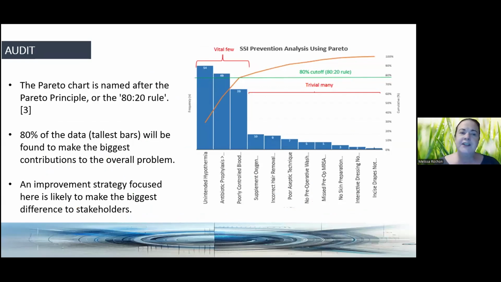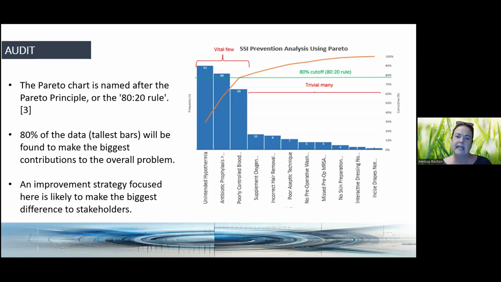And one way to, when I sort of glibly say, look at your data and then identify an area for improvement, is to use something like the Pareto chart or principle. And this uses an 80-20 rule. And what it suggests is that you might have compliance issues across all of your bundle elements, but there will be the vital few actually where your compliance is low, and that will be contributing to the biggest overall problem.